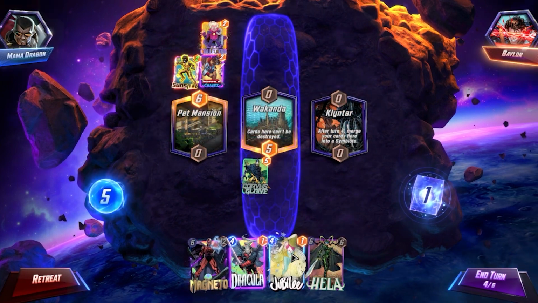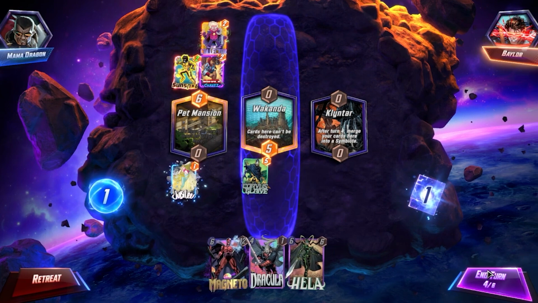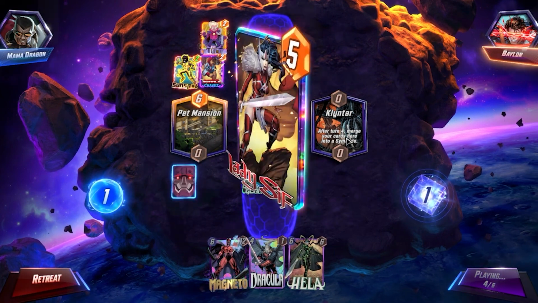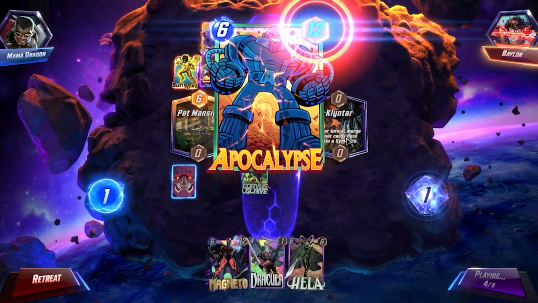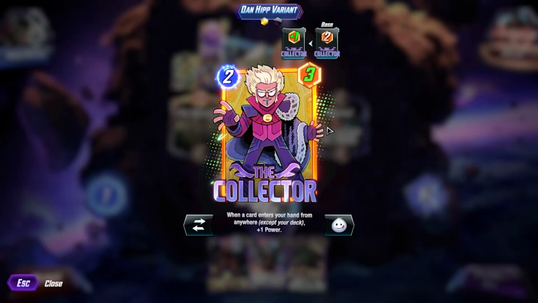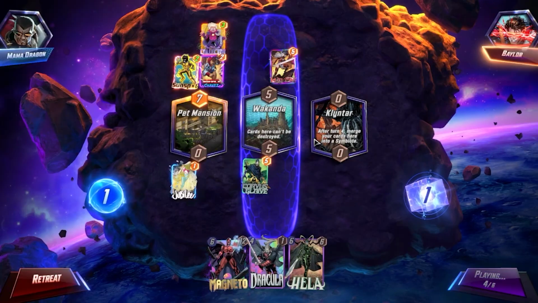Alright, so we got Hela now. Let's see what Pet Mansion gives us. Or no, what, now there's Apocalypse. Okay, so he's playing Apocalypse, and what you do in this deck is you use a collector, because every time Apocalypse